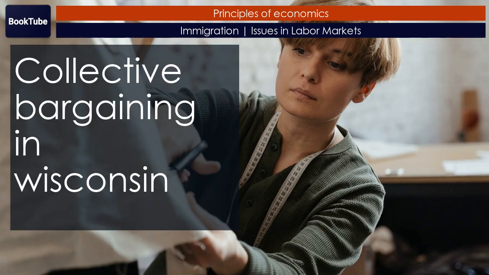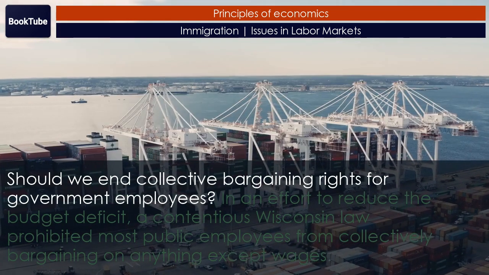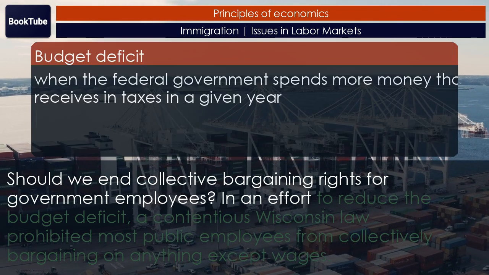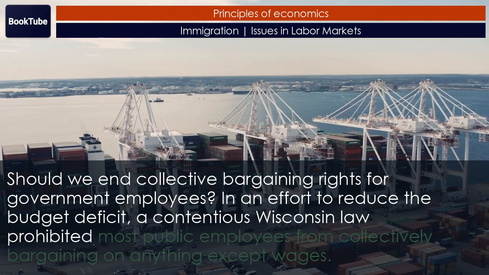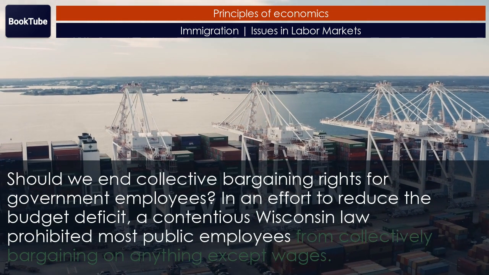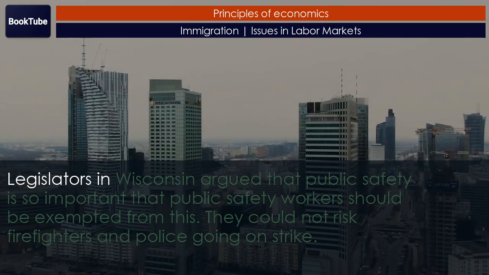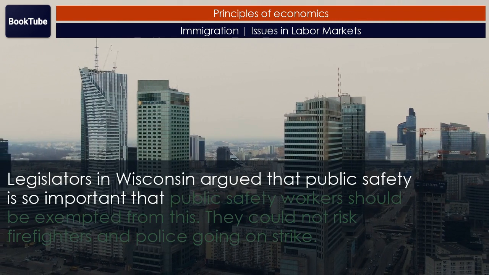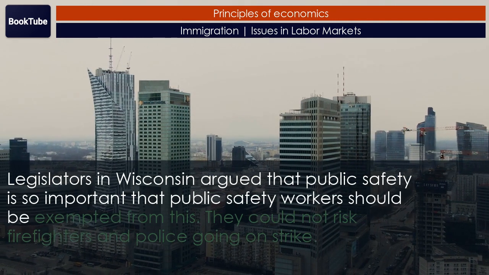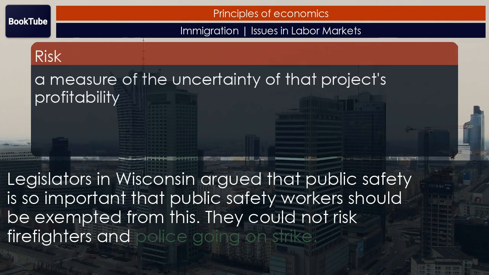Collective bargaining in Wisconsin. Should we end collective bargaining rights for government employees? In an effort to reduce the budget deficit, a contentious Wisconsin law prohibited most public employees from collectively bargaining on anything except wages. Legislators in Wisconsin argued that public safety is so important that public safety workers should be exempted from this. They could not risk firefighters and police going on